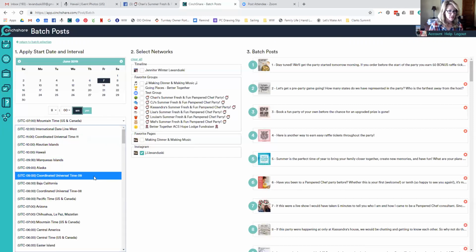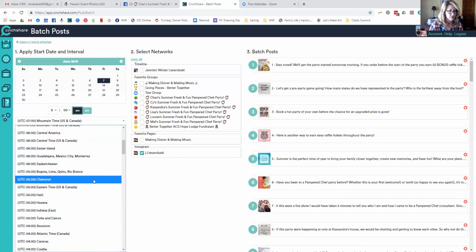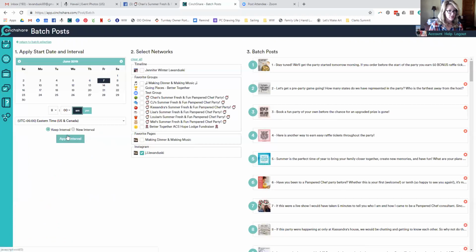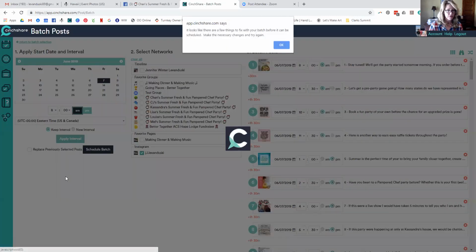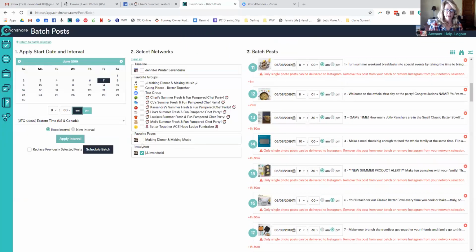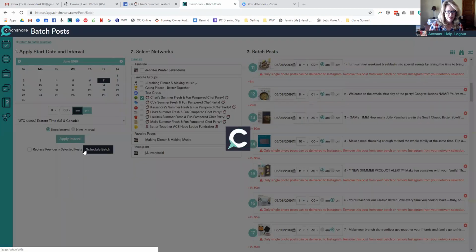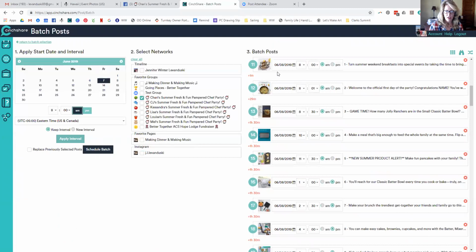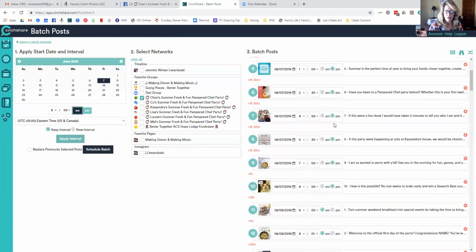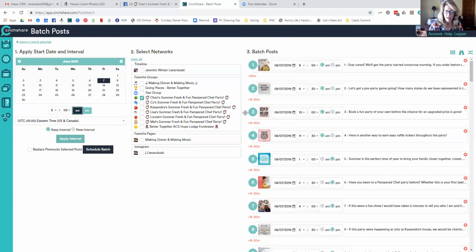So we're going to change this to East Coast. Apply the interval. I forgot to unclick Instagram. Instagram does not like multi-picture posts, so that's why it keeps doing that to me. But at least it didn't mess it up, right? Apply the interval. June 7th, 8 a.m. Sherry. Good.